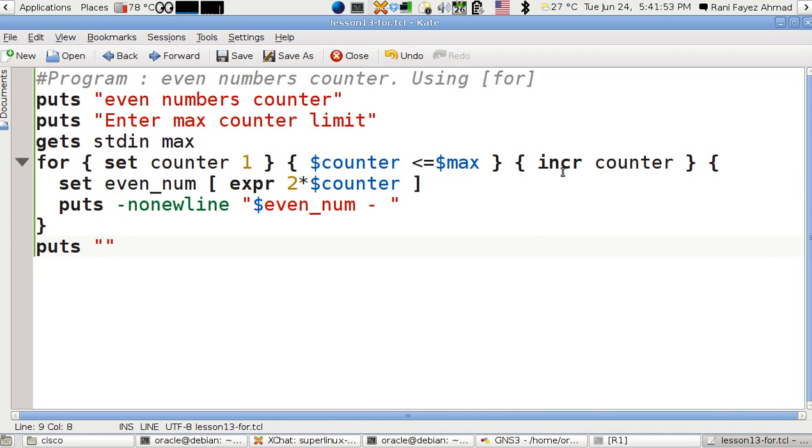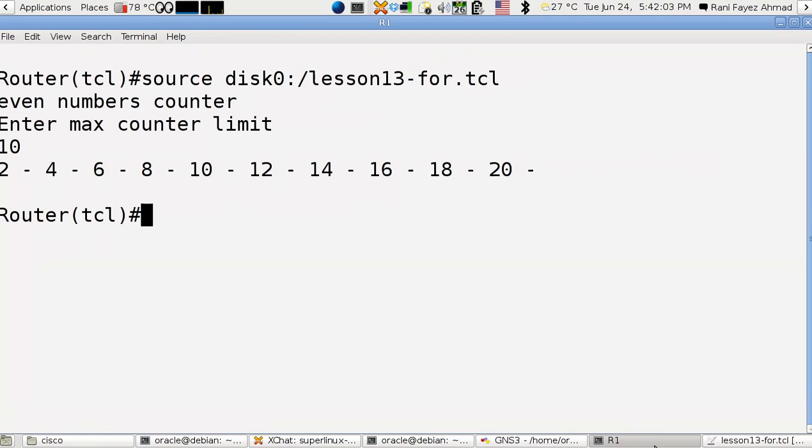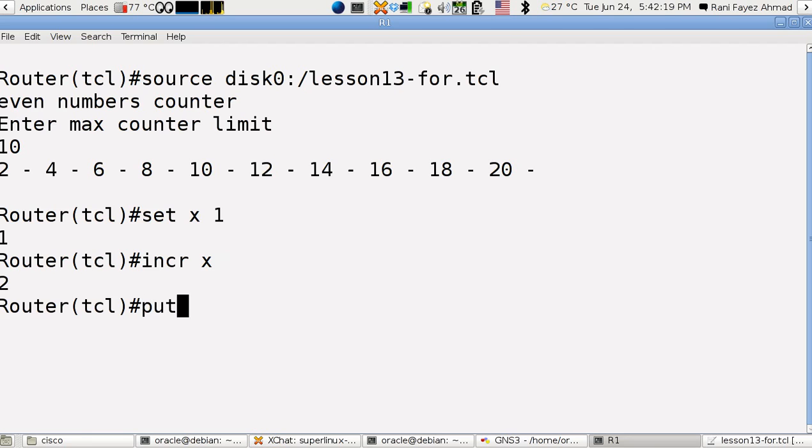Now regarding the increment, it's a command, and it has another option. Let's see it on the terminal right away. If I say set x as 1, and then increment x, and I print $x, it will print 2. Cool. Now if I say increment x minus 1,